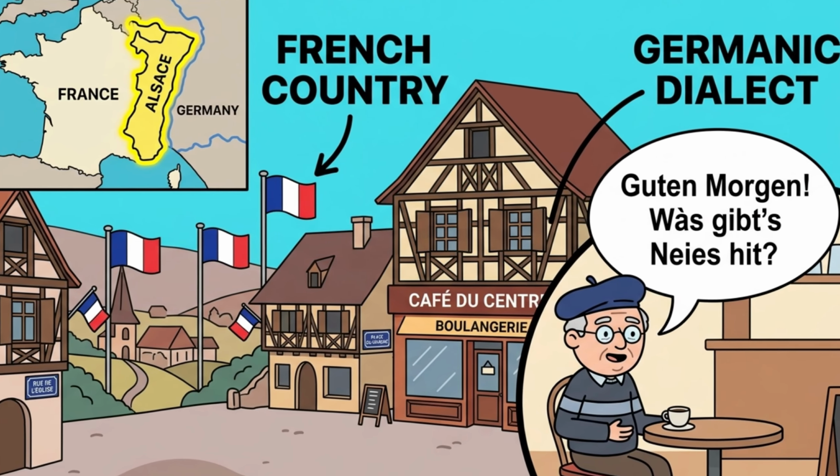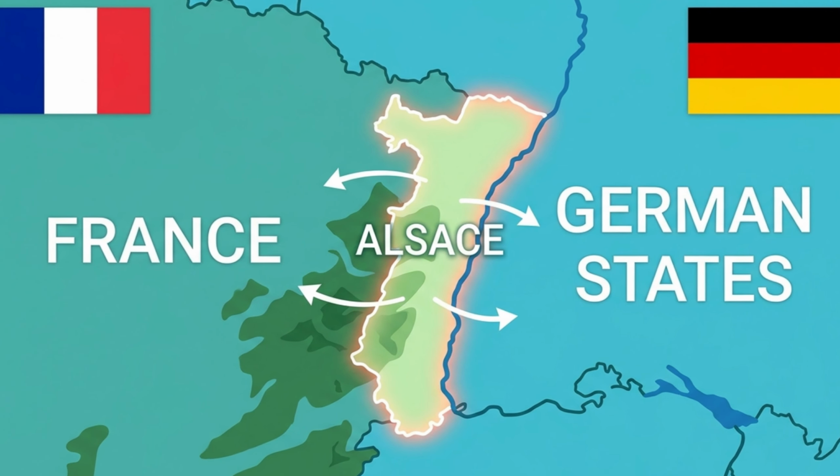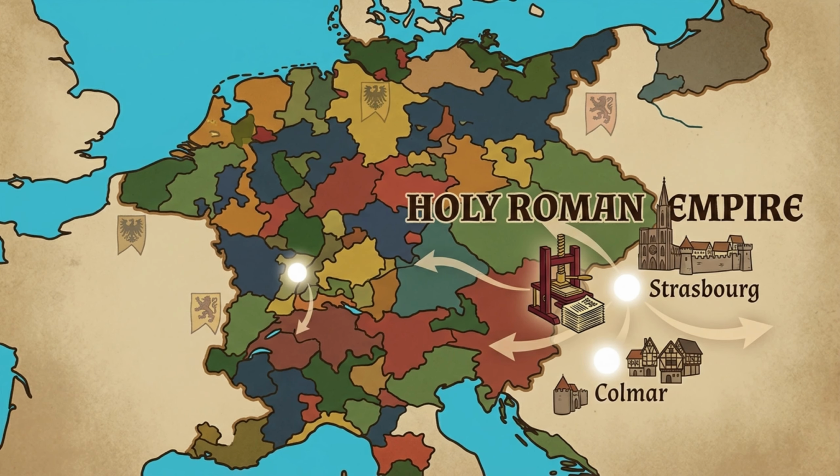Imagine standing in a small village in eastern France. The road signs are in French. The flag flying outside the town hall is the French tricolor. You walk into a cafe,